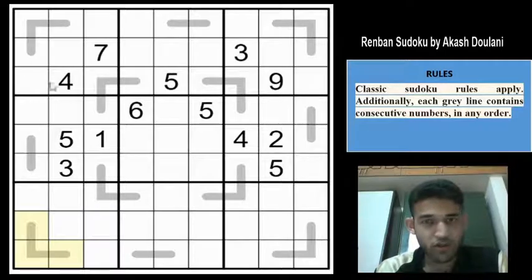There are actually no digits that you can place by using simple classic rules. Not even a candidate where you can restrict to only 2 cells. So let us start looking at the Renban lines with the help of the givens. Bottom 3 rows are completely unknown. So let us look at the top rows, right? Because there are 3 lines and some 2 givens.